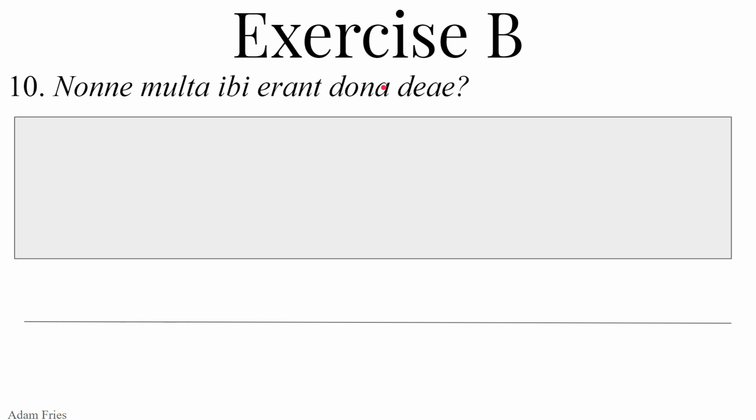Dona. Hey, here's our noun. So donum, neuter, gift, dona. Either the nominative or accusative plural neuter, the subject or the accusative. Well, we just had that linking verb, right? Errant, so we can't have an accusative. These have got to be the nominative. So multa is going to be the predicate nominative. It's the adjective giving more information about the subject being dona, gifts. Were there not many gifts, dei,